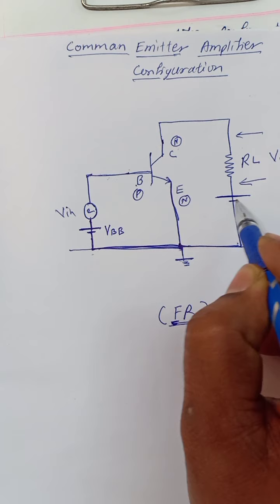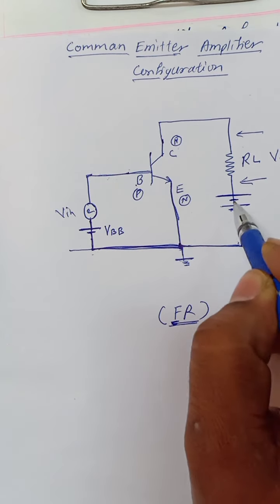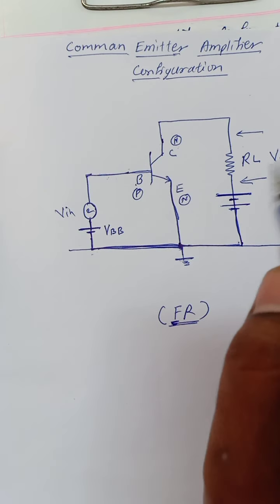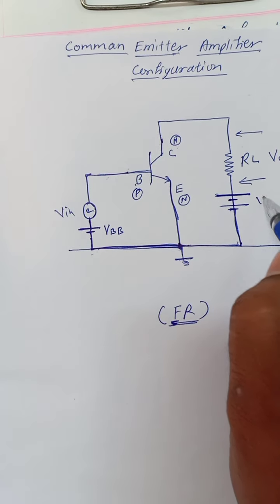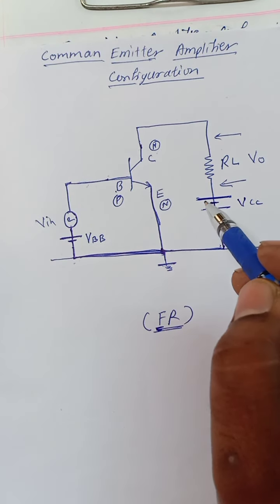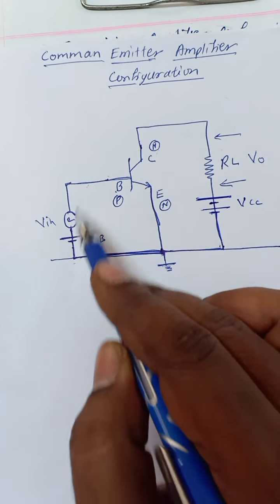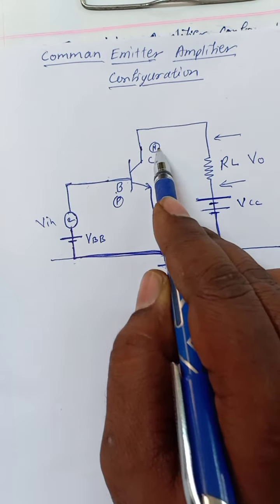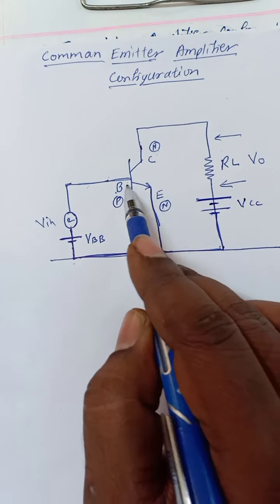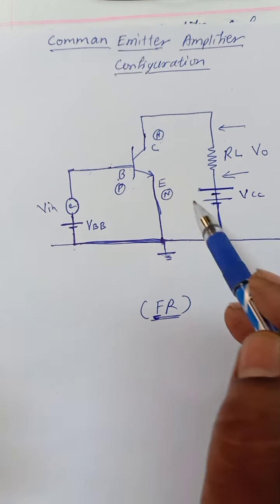So this voltage should be greater, so that's why you have to apply a higher voltage than this one. We name it VCC. So this VCC is greater than VBB. This higher voltage is connected to N and the lower voltage is connected to P. So N is greater than P, so that's why this junction is reverse biased and this becomes forward biased. So this satisfies the conditions now.